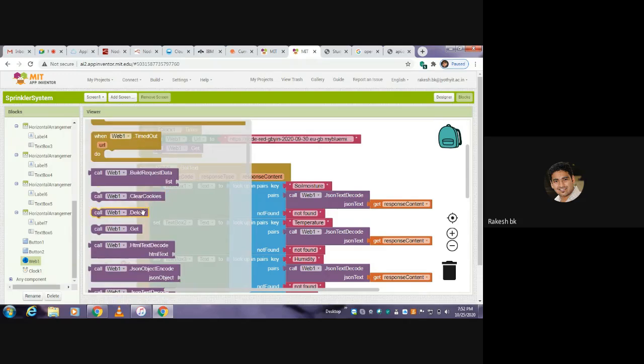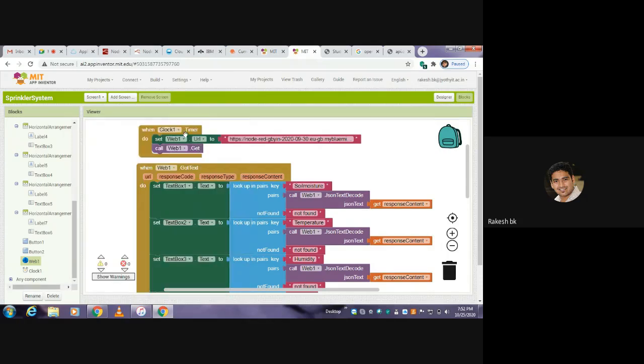Call web1.get. You can drag and drop it here, right? By making this, you will get the data for the respective parameters, soil moisture, temperature, and humidity, from the respective sensors which are deployed on the IBM Watson IoT platform.